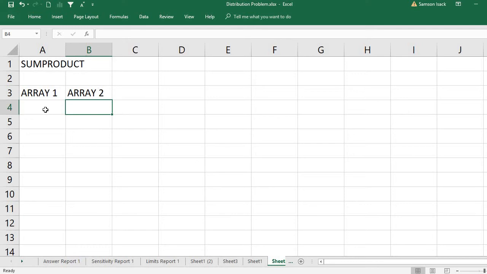We have two arrays. It can be a column array, it can be a row array, or it can be a matrix like our cost matrix. Say I have three values in array 1: 1, 2, 3. Similarly, if it is three values, array 2 must also have three values: 3, 4 and 5. If I use the sum product, what it will do